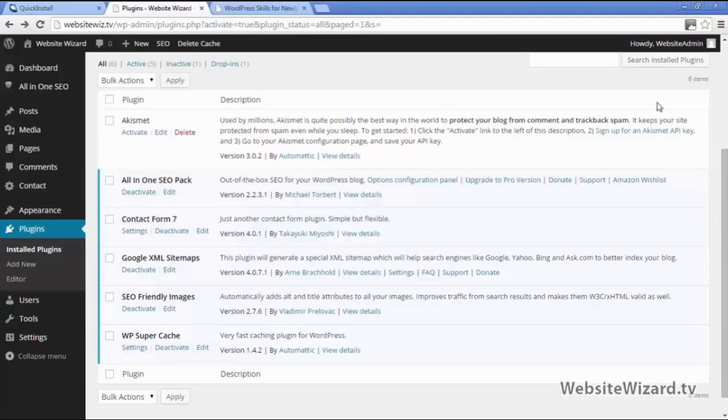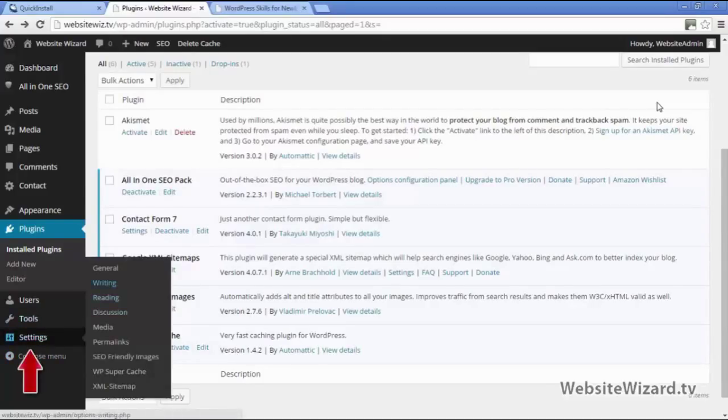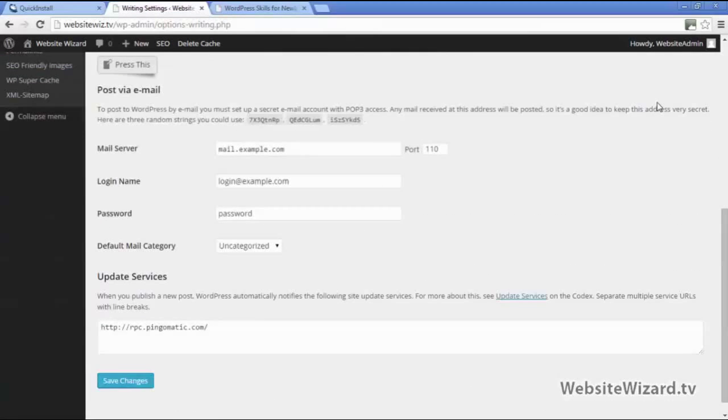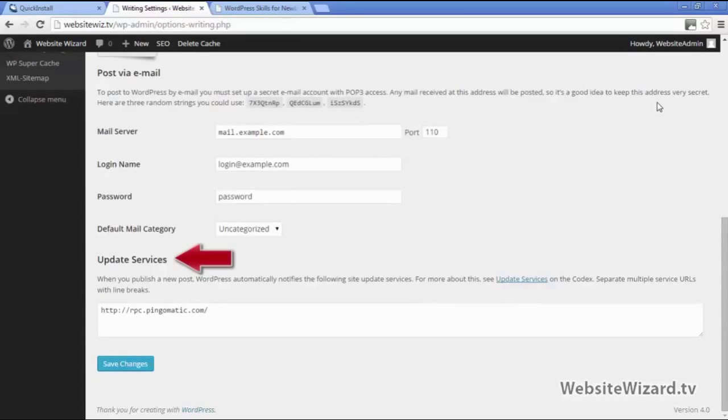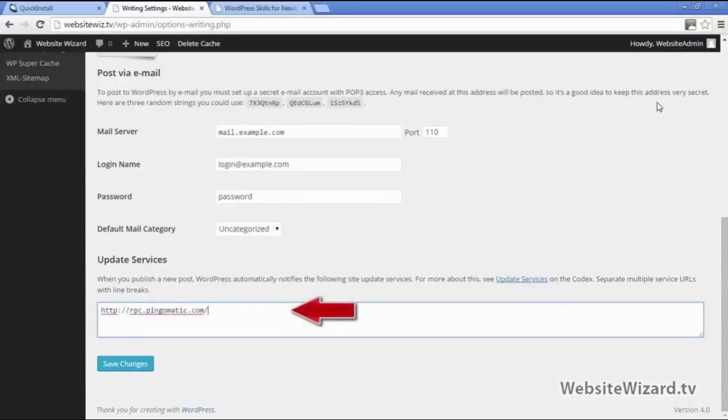So the last thing we want to do here is update our ping list. So hover over settings here and click writing, and then scroll all the way down to the bottom and you'll see this update services here, and this URL here is the ping list. So what this does is when you create new content on your website, so for example if you create a new page, then this ping list right here will be notified that your website's got new content. So that helps search engines like Bing, Yahoo and Google